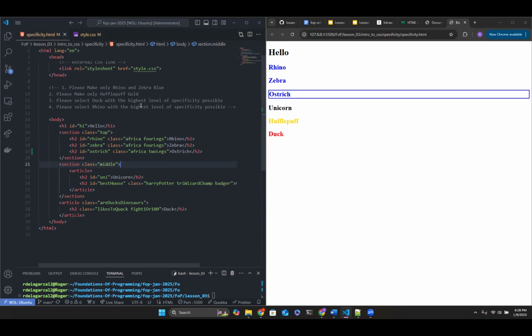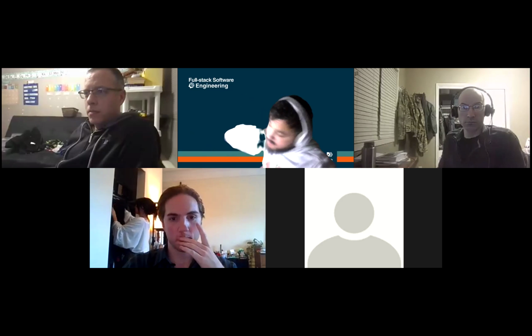And I know obviously the ID level is higher than the class. So on mine, I did dot top, so it turned both the rhino and zebra blue. If I still did the dot rhino green, will it not turn that rhino green anymore, or is it just not best practice to do it like that? Does that make sense? I can show you too if that works. Yeah, maybe show me so I can understand a little bit better of what you're trying to convey.